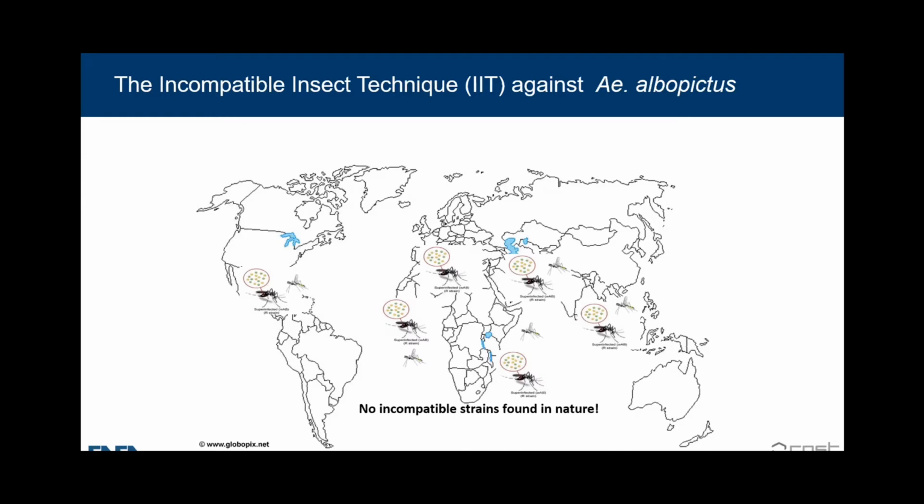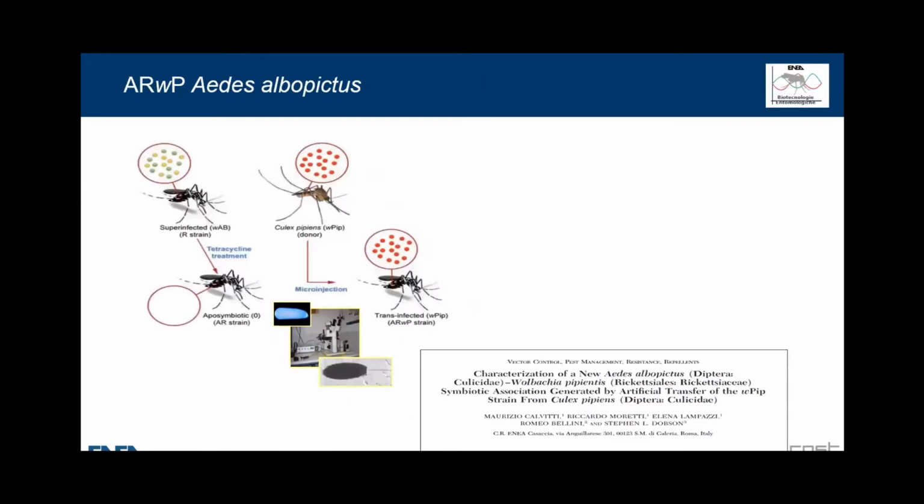In fact, all individuals sampled harbor two Wolbachia strains, type A and type B. For this reason, in 2009, we generated an artificial lab line, replacing the natural infection in Aedes albopictus with a Wolbachia taken from Culex molestus living in Italy, generating a bidirectional